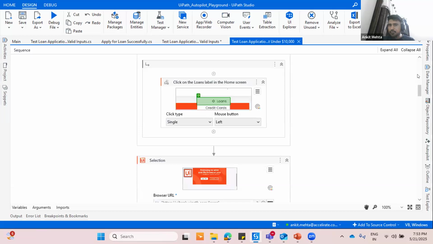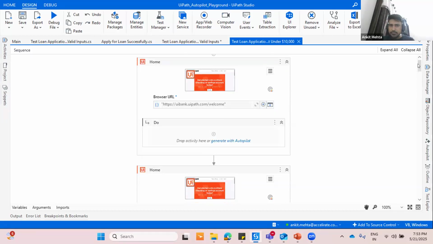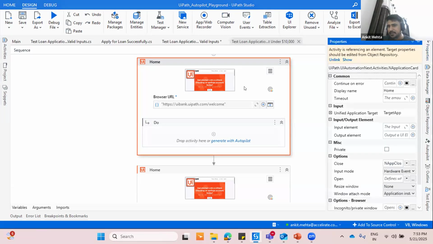So what we have to do once this activity has been created is work on the issues, as we were working in coded automation. So the quick issue I'll tell you about, a smaller issue we can face, is if you go to the properties of this activity, because this is a